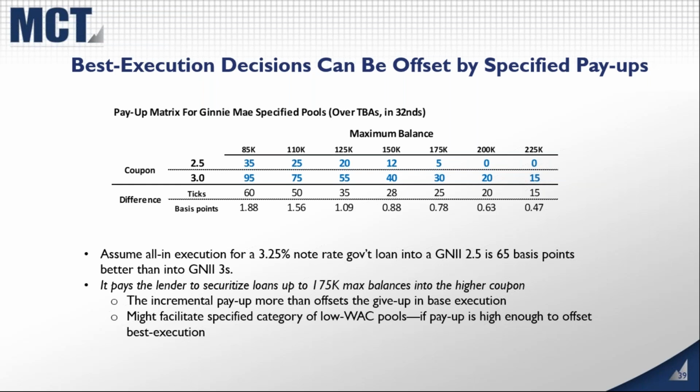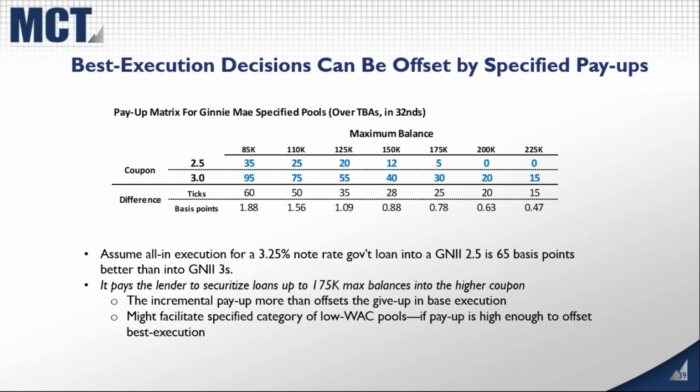So when looking at what pools are going to be created, as securitizers in the Ginnie market especially, you should be looking at the trade-off between pooling down into the coupon, which you would be looking at for normal generic loans, versus the spec pay-ups that you can get by pooling up into these categories, if you can get a pay-up for them. It also suggests that down the road, if the execution difference narrows, especially in the conventional